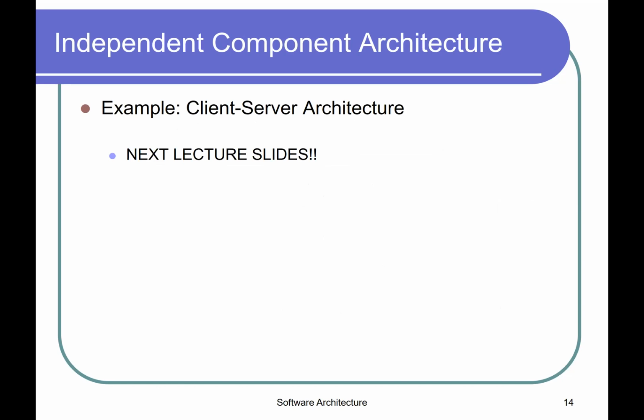Next up is the independent component architecture, which is a very, very complicated way of just saying client server architecture. Now, client server architecture, I'm pretty sure you've heard of, which is what the internet is all based on. Because it plays such a key role in the world that we live in, it will be the focus of an entirely separate chapter in this course, which is the next chapter. So I'm going to skip this for now, and we're going to come back and visit it at the beginning of the next chapter.